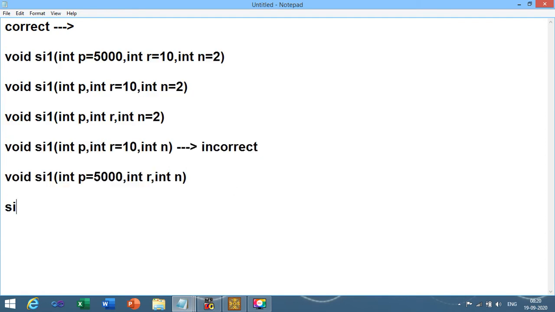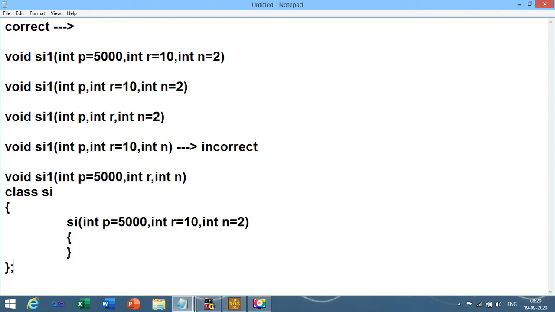Now we need to declare the constructor. And what is the concept of a constructor? The name of the constructor must be the name of the class. So over here, suppose inside class SI I can define a constructor like this.